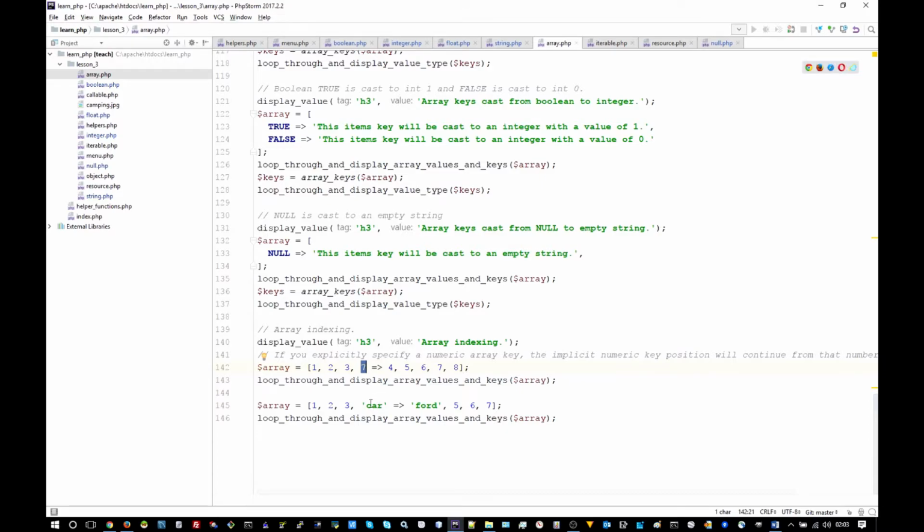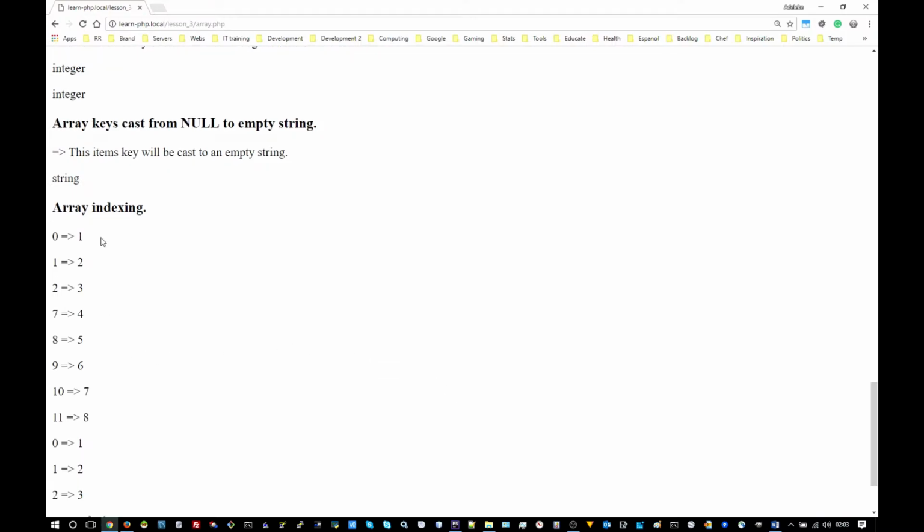But for example, if you have it where the array keys are added automatically for these first 3 items, so this is 0, this is 1, this is 2, that's the position, then we use name keys, so we're naming a key of car, and then we're inserting this value. Then we continue letting PHP add the keys for us automatically. It will continue from the position it was in, which was 2 here. So you can see that